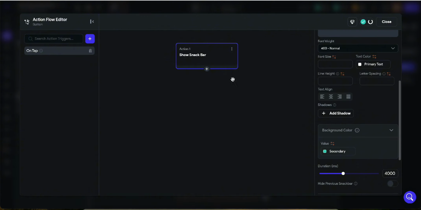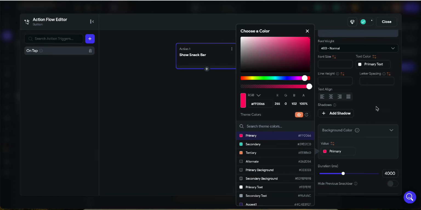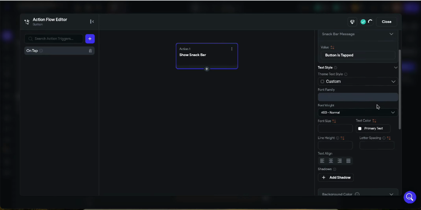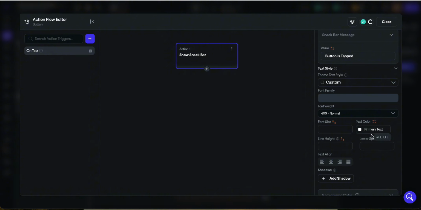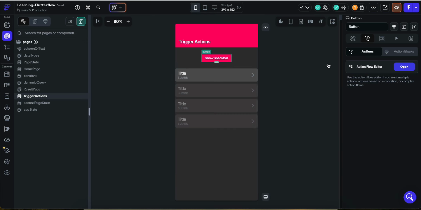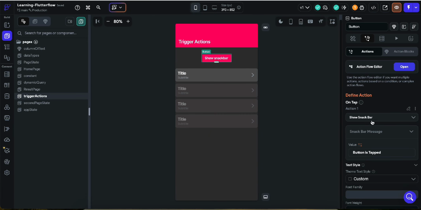So when I tap on this button, it should show this pop-up saying that the button is tapped, and the text color should be primary. That's fine. Tap means click. When I click on this button, this is an operation which I